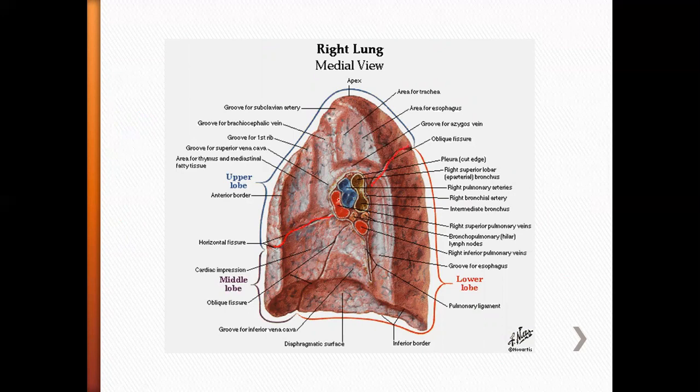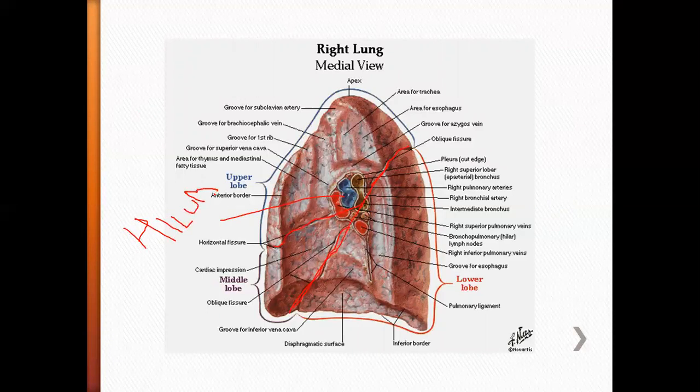And from here to here. So actually this is a continuation like this. But in the center, what happened? The fissure won't be present on the medial aspect. Instead of that, our root of the lung or hilum is situated. So on the medial aspect, we have the same two fissures: one is the horizontal fissure and the other is the oblique fissure. But in the center, there is no fissure. Instead, we have the root of the lung or hilum of the lung.